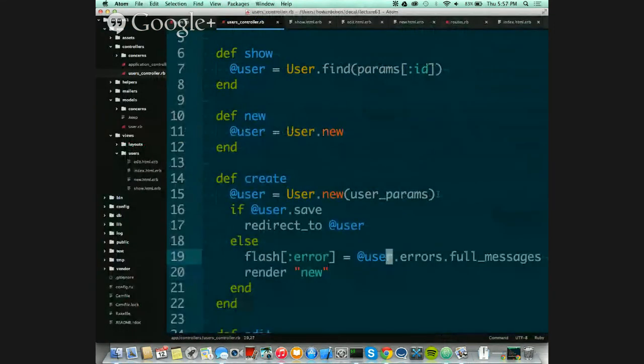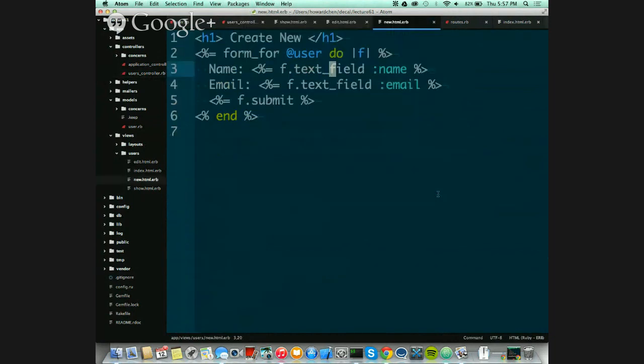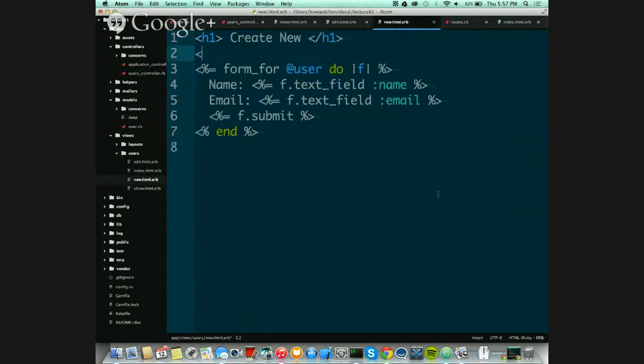So what I'm going to do right here in my else case, so basically user.save is called, I failed to insert into my database. I'm going to go to the else case, and within my flash hash, I'm going to store user.errors.full_messages and render the new. If I go to new.html.erb, I could just say some embedded Ruby in here. If flash error